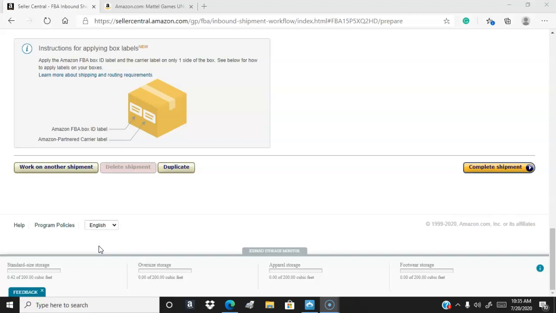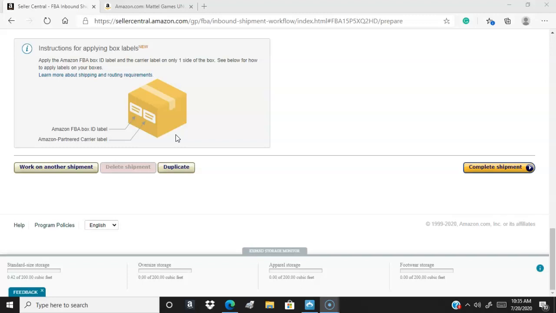Okay, guys, just to reiterate, go to your inventory FBA, check the ones that you want to send in, make a shipment plan. Once you make a shipment plan, grab some boxes, label the boxes. As you can see, they want you to label them on the side there, not on the top, so on the side. After you make those shipments, tape them up. Make sure you download the contents, so that SKU, download that shipment plan, put it inside the box,